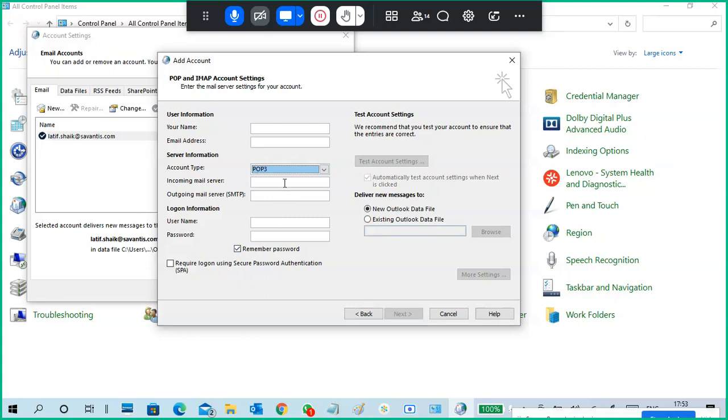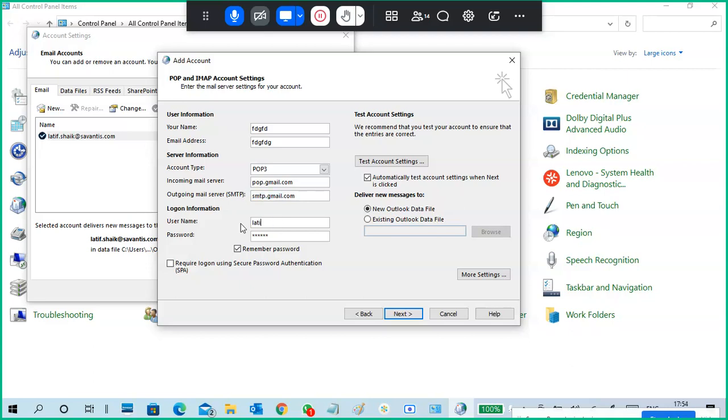Which one do you want? If you change it, the options on this side will also change. Don't worry, I'm giving random names, random email IDs, incoming, outgoing, and password, just for settings purposes. For example, pop.gmail.com for incoming, smtp.gmail.com for outgoing mail servers, or maybe sometimes an IP address.